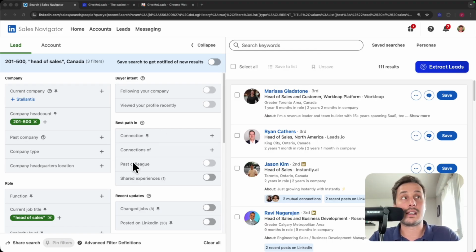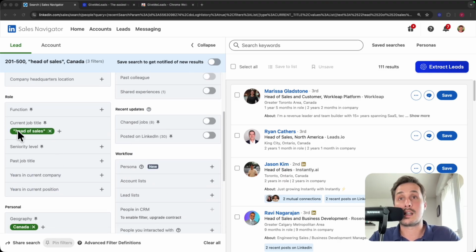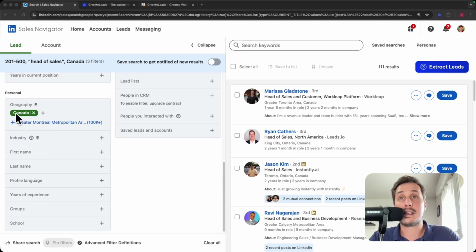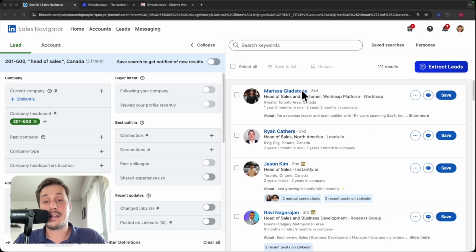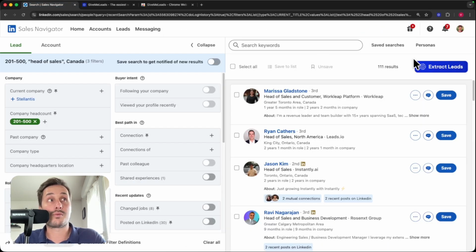So here you see on the left that I've used 3 filters. So I target people who are head of sales in a company headcount between 200 to 500 people based in Canada. And now if you want to export these people, unfortunately you can't do that natively with LinkedIn Sales Navigator, and that's why you need to use a third-party tool like GiveMeLeads to have a button like this one,